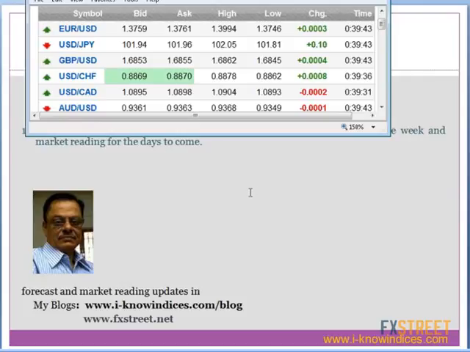Then gold. Gold is also expected to make a nominal slide to start with. Then Aussie USD is expected to hit a low of 89.50 before 16th May. May or may not. But they are expected to make the slide in the case of Aussie either this week or next week. Because, see, normally to gain the levels, they take a long time.